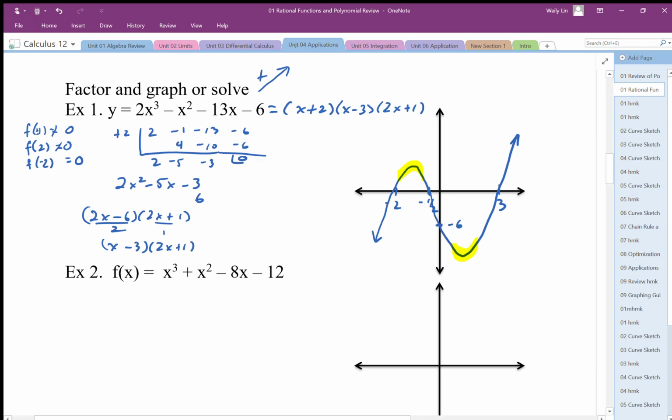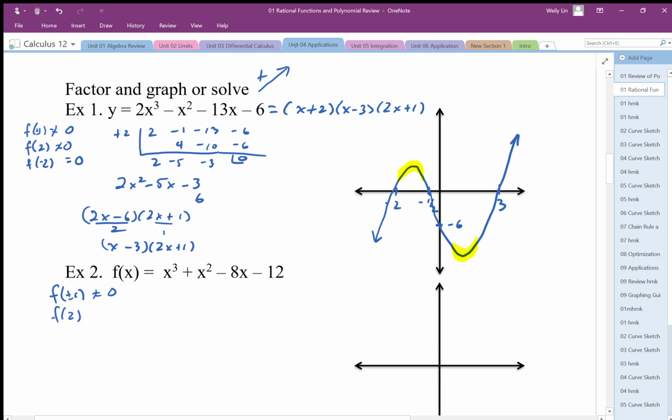So that's the difference between what we did in pre-calc 12 versus what we're going to do in this unit. Same thing here. We have a graph. We want to factor that and draw that graph. So I'm going to plug in. If we use plus minus 1, it doesn't look like plus minus 1 will work. That's not equal to 0. We can try